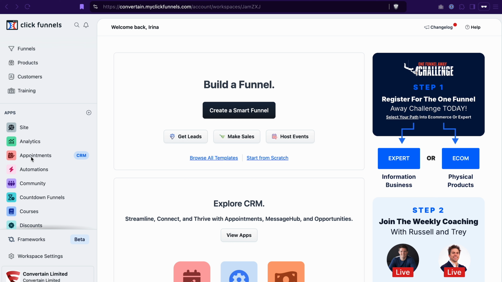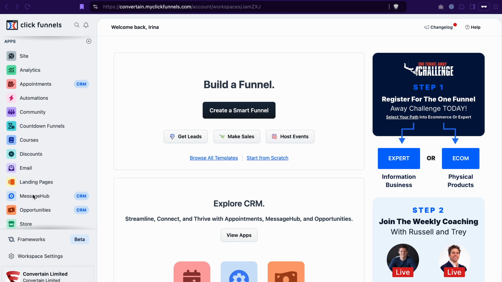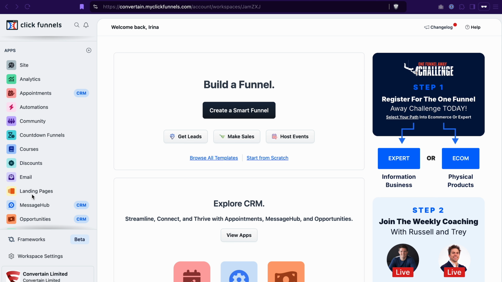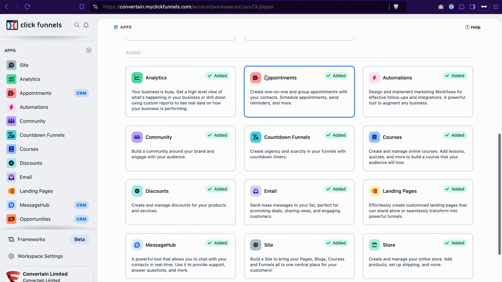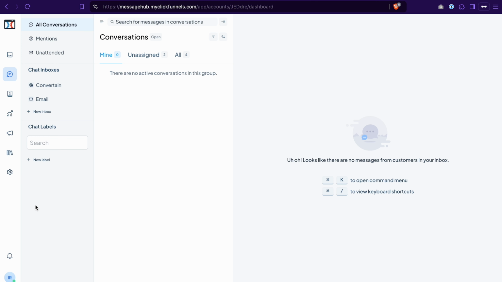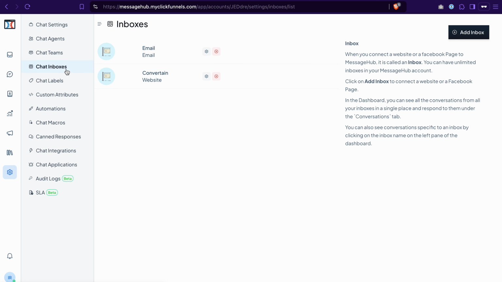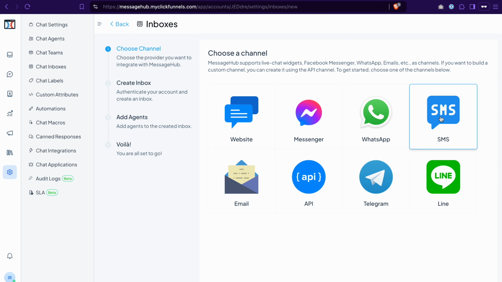You can find MessageHub in the apps section here. If you don't see the MessageHub section here, you probably have not used it yet in your Clickfunnels 2.0 account, and you can easily add it by clicking on the plus icon and then selecting the MessageHub from the list here. By clicking on the card, you will add it to the dashboard. I already have MessageHub added here, so I click on the name. Then we go to the settings, chat inboxes, click Add Inbox, and here we can select SMS and connect the